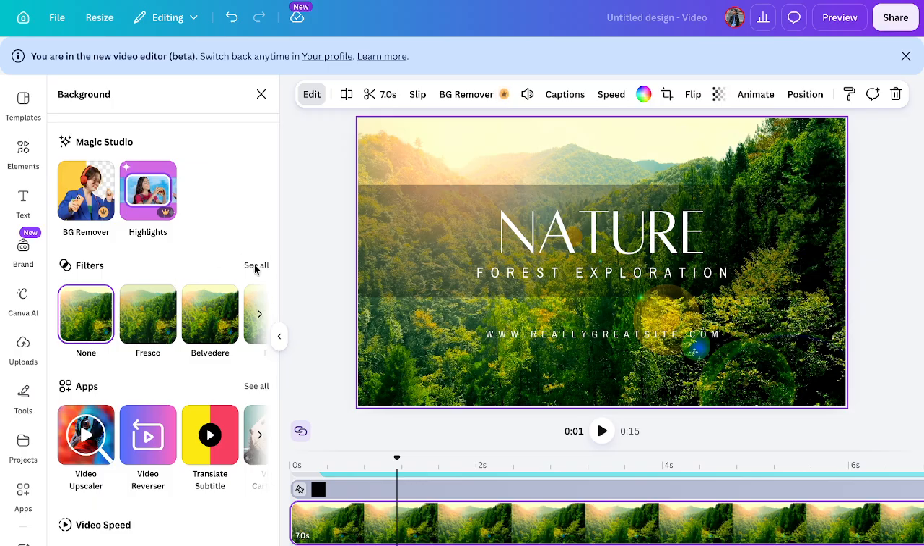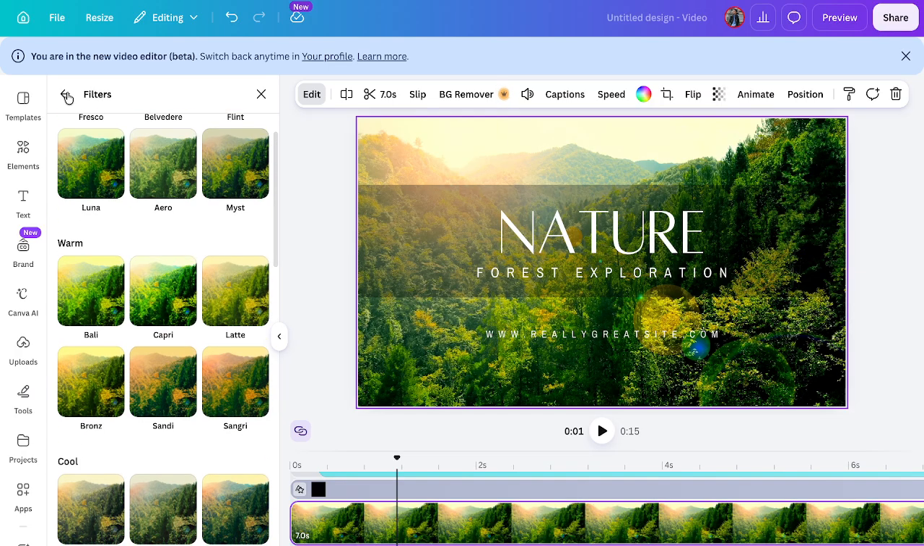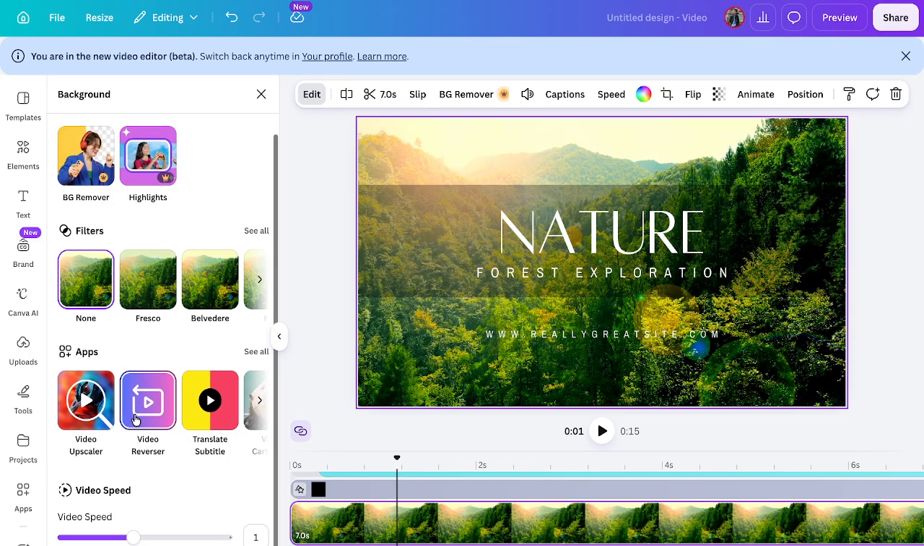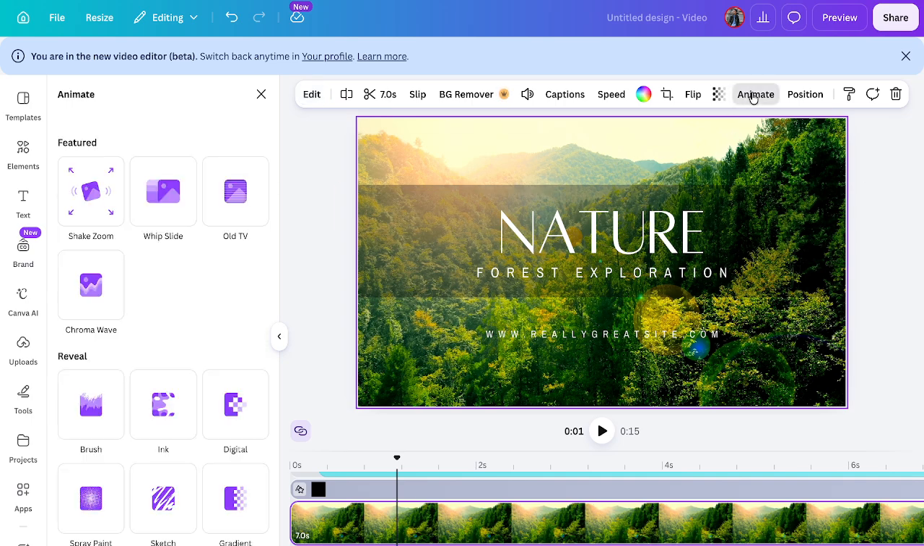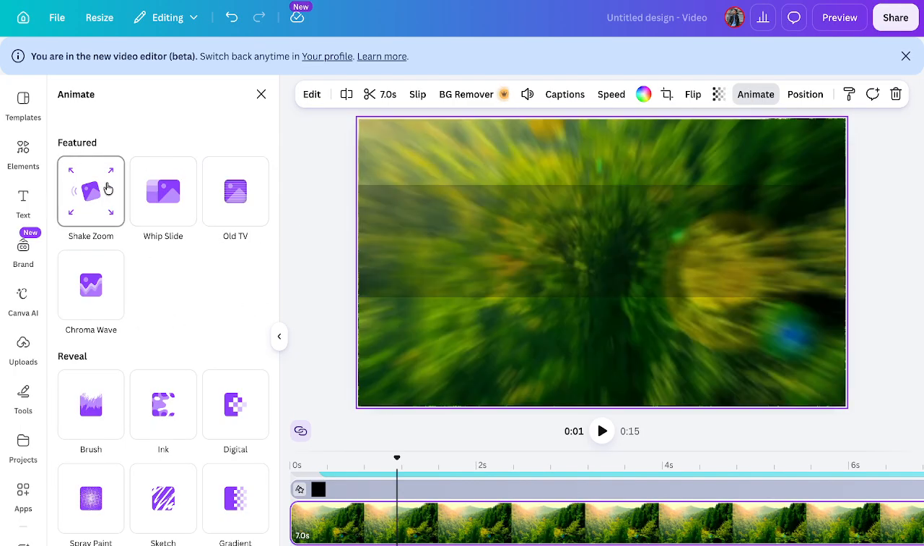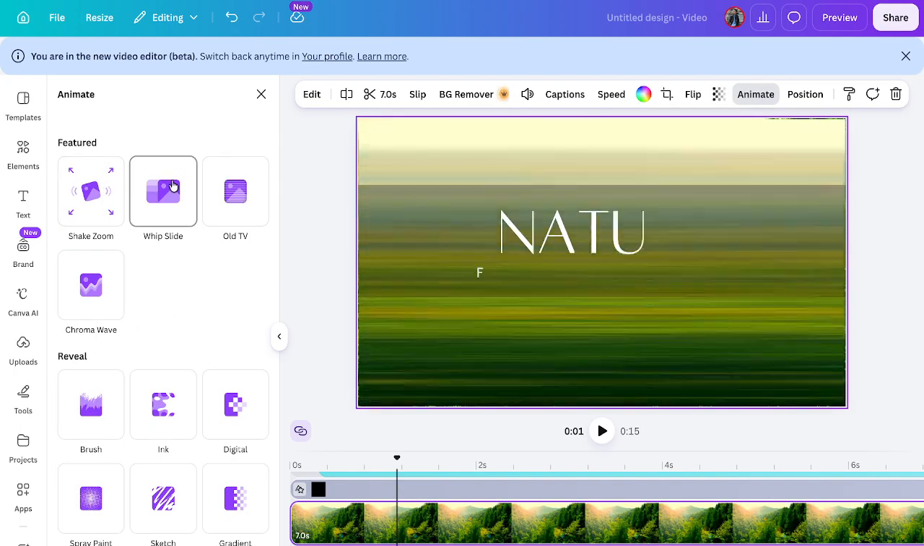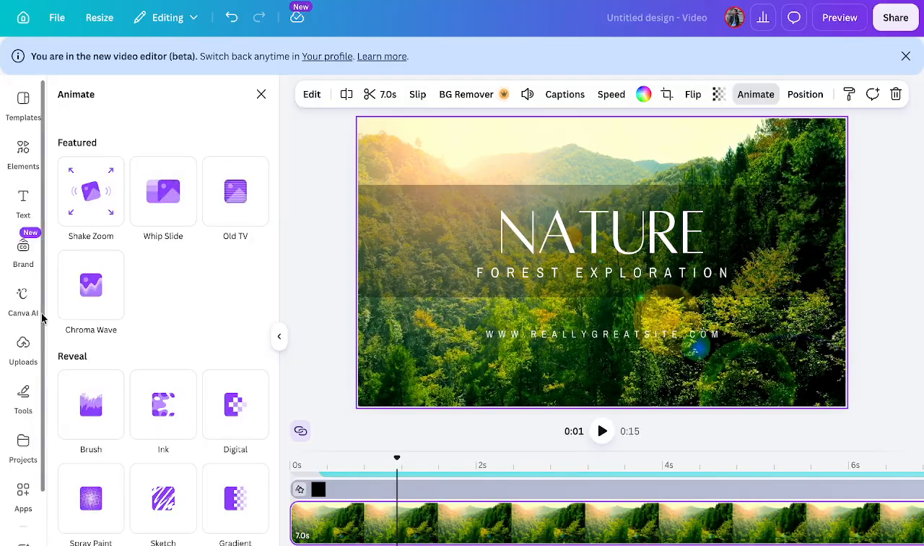So we can filters, but for me I will choose animation. So how to get to animation? To get to animation, we will just go to animate. Then after clicking animate, here we can see a lot of animations: shake, zoom, whip, slide, old TV, chroma